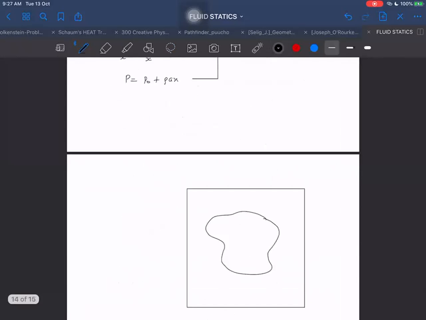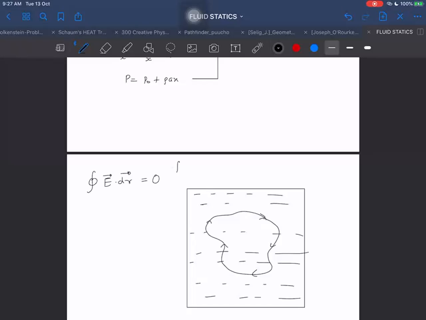Diagram means, okay, this diagram is not explained yet. Let me explain this diagram also. In this diagram, let us say some liquid is here in any container, and we are moving along this loop. I can say this thing. Do you remember that E dot dr, E dot dl also sometimes we call it, around a closed loop is equal to 0? I have told you or not? For conservative